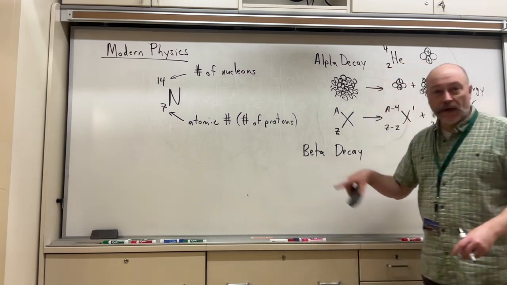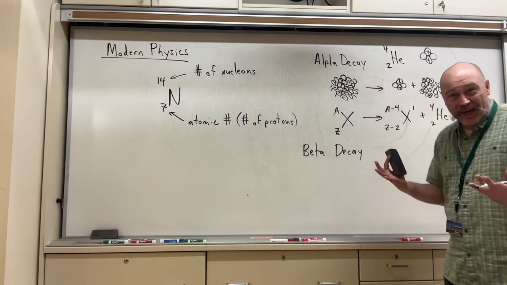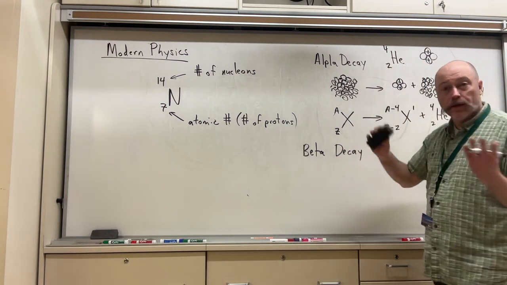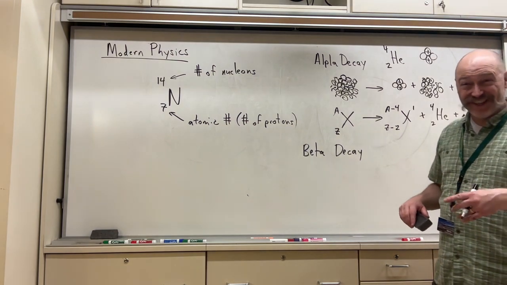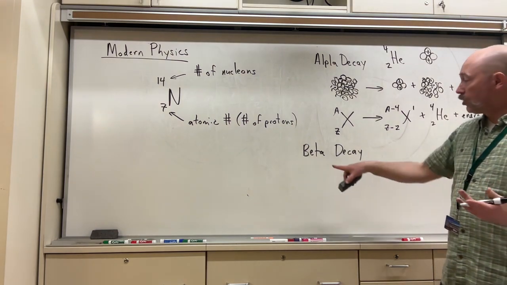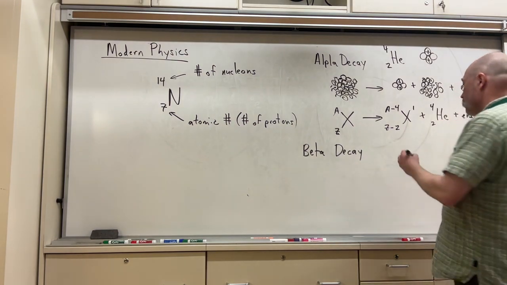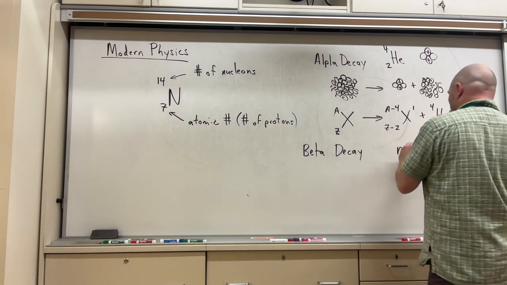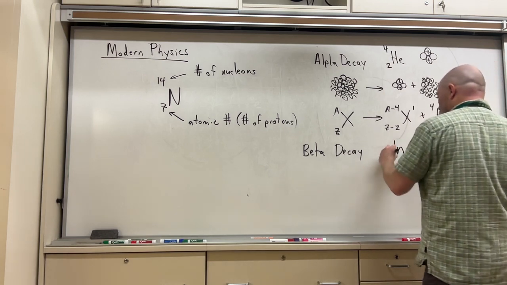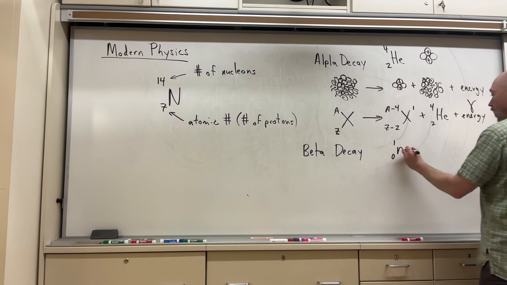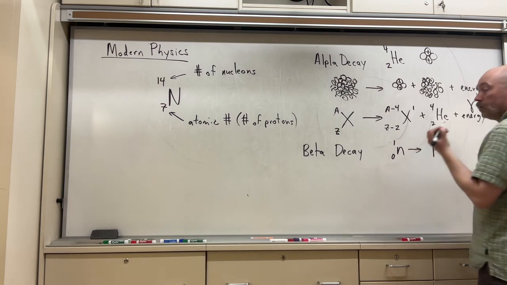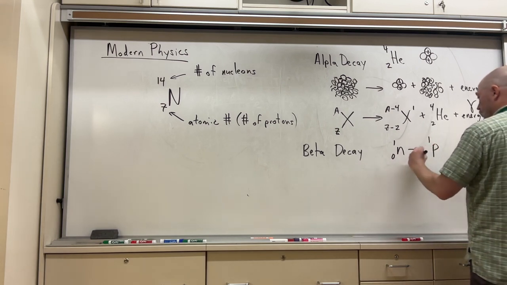Okay, a beta particle, I don't know why they call it a beta particle, I guess alpha, beta, but a beta particle is just an electron. And here's what happens in beta decay. Beta decay, a neutron, which remember is this, decays into a proton, which remember is this,